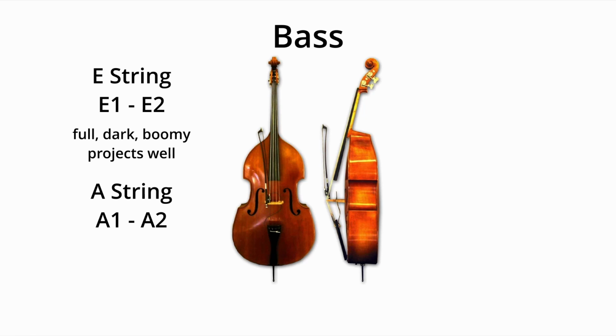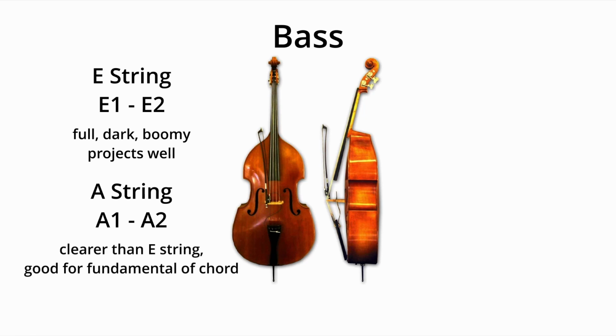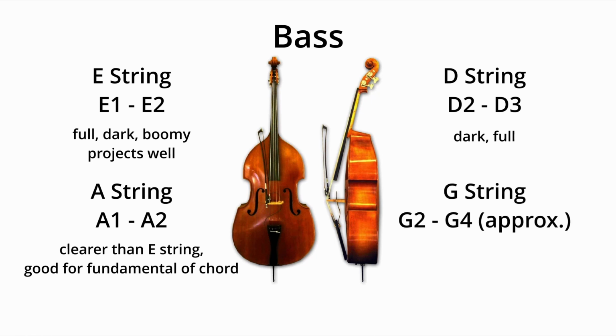The A string has a range of A1 to A2 and is clearer and less boomy than the E string. The D string has a range of D2 to D3 and is dark and full-bodied. The G string has an approximate range of G2 to G4, and just like the D string, is dark in